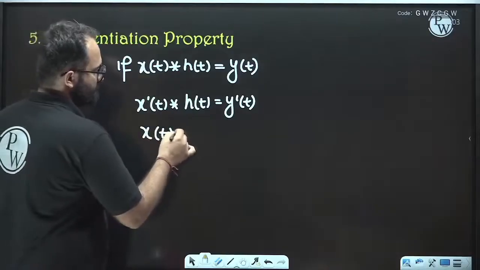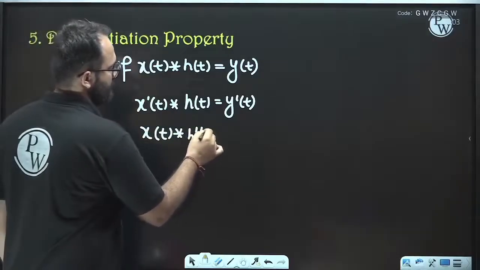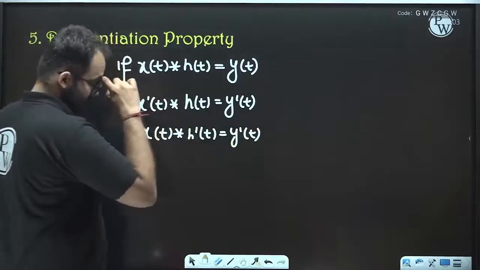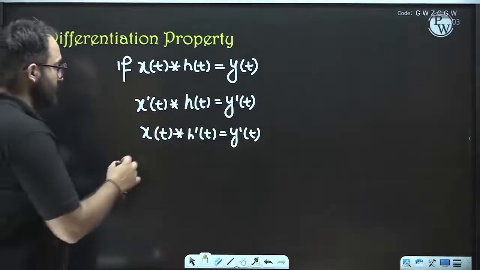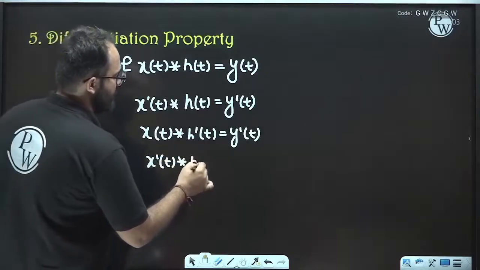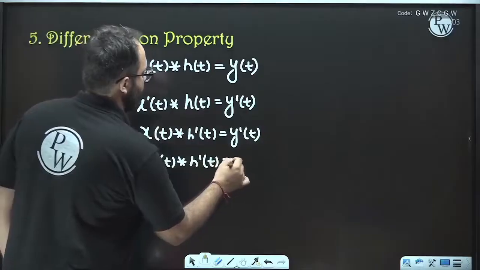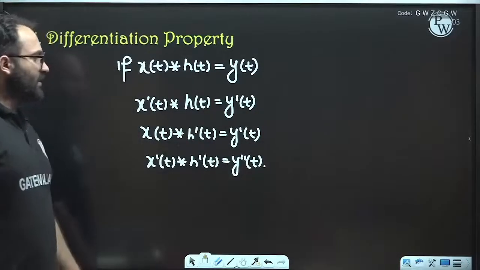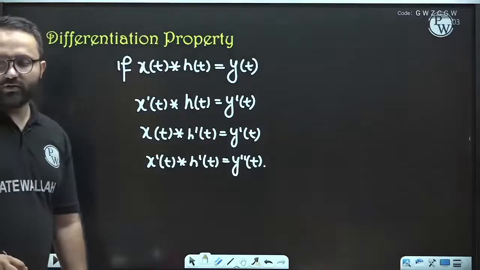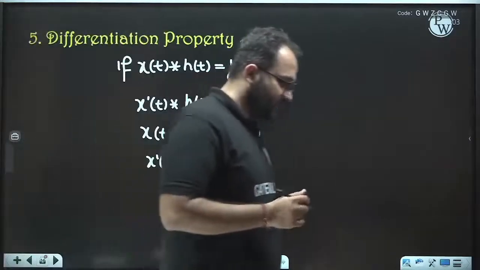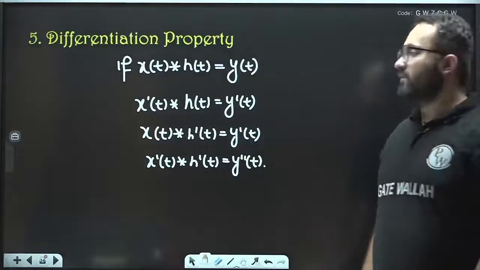Similarly, this is also y dash t. Next, if we differentiate both the signals, then the result will get differentiated 2 times. Okay, so this is how the differentiation property works. So this can be used if in any question it is asked. Okay, great. So now let's move on to